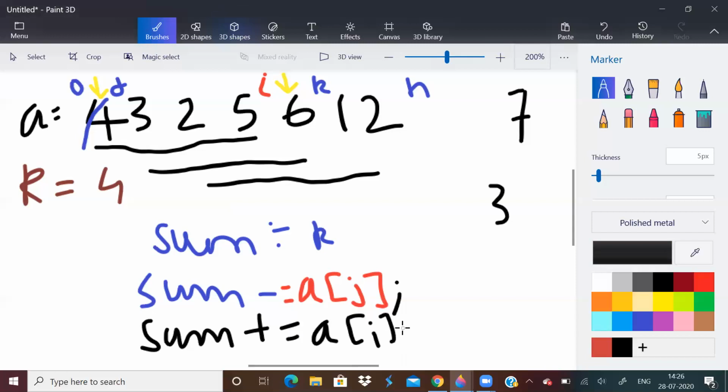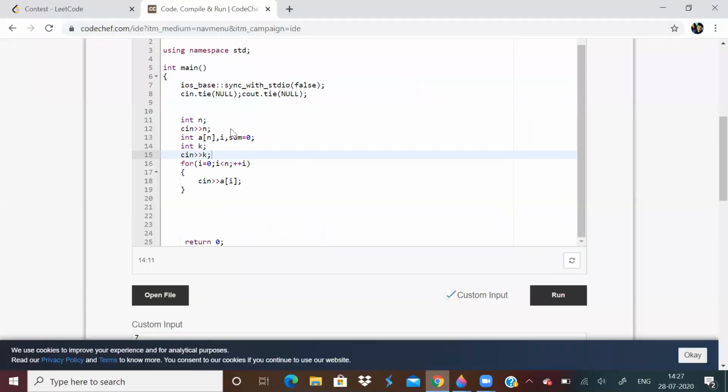In this way, we have shifted the window of size 4. This was the first window. I have marked here, right? These are the windows. First window, we came here, we removed this element. We came here, we removed this element, like that. So it's a pretty simple problem.